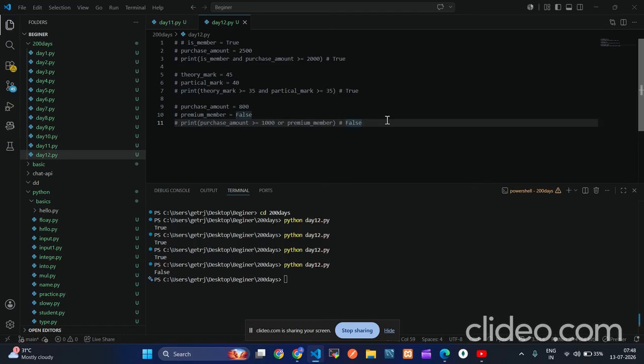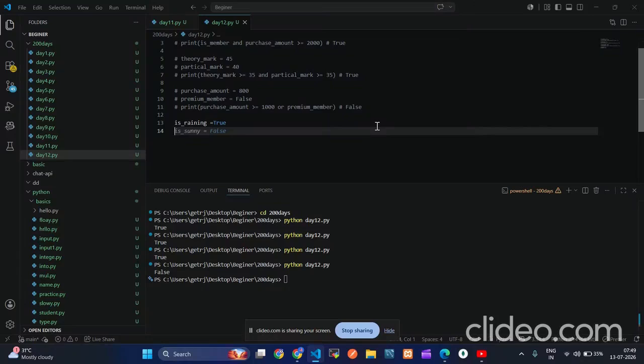Now we will check the last example, using the not operator. Basically, the variable is_raining is set to True.